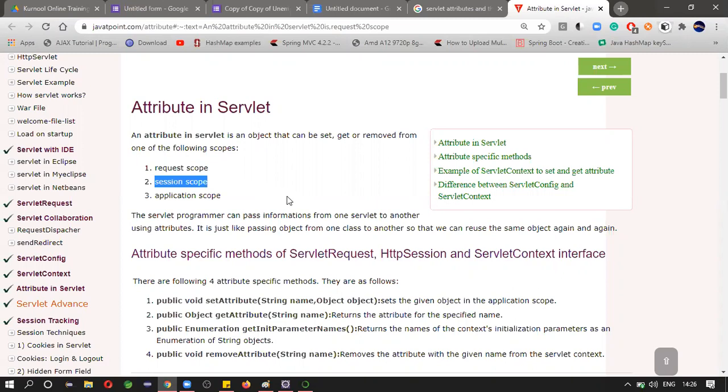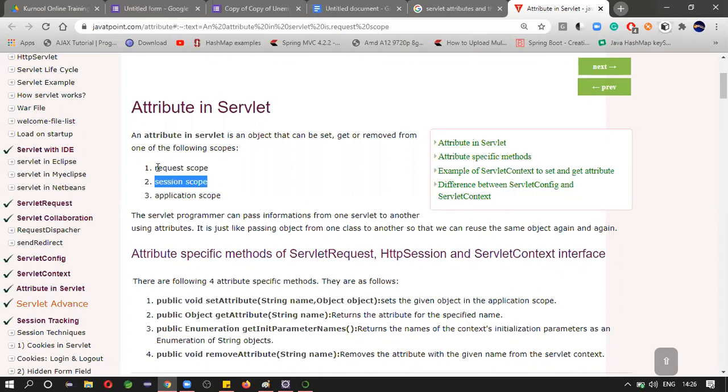If the session has expired, then again the server doesn't identify the user. Hey user, who are you? I don't know, because the session is expired. Every session has some time for expiry, so after expiring the session, we can no longer remember the user.